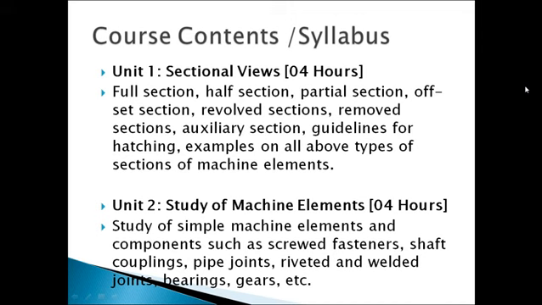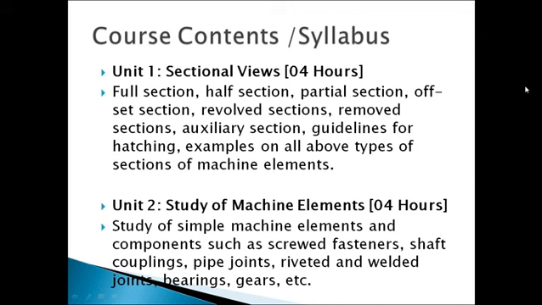Shaft couplings: whenever we want to connect two rods, we use couplings. How to show a coupling on paper, and how many types of couplings there are, we are going to learn in this chapter.